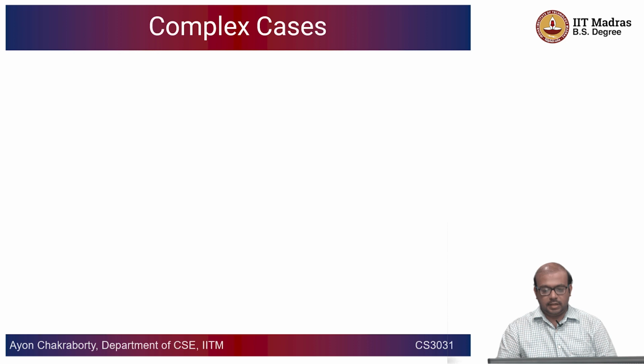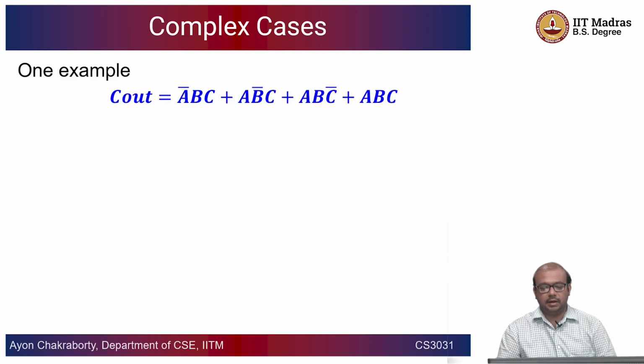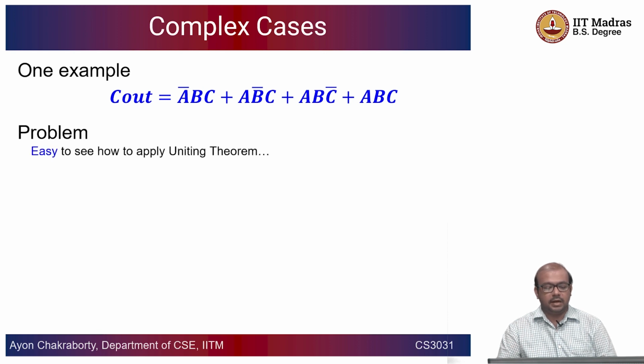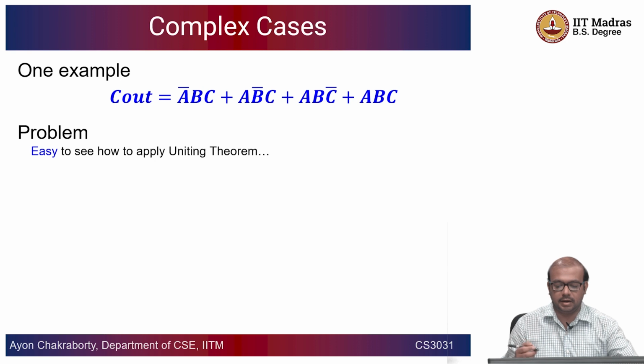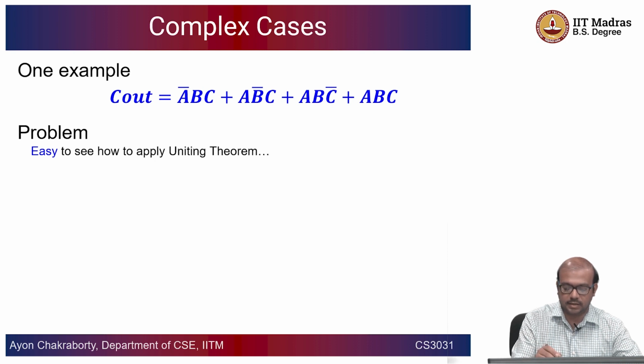So, there could be also more complex cases, let us say this expression that I have written. Okay. So, the problem is that you can easily see how to apply this uniting theorem. I have just showed you how to apply this uniting theorem to make further simplifications. For example, you can take maybe some A bar common, or maybe BC common. So, if you see this particular term and this particular term, you can group this BC together, right, and then